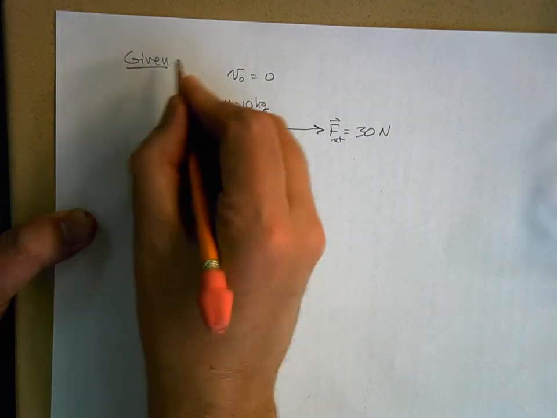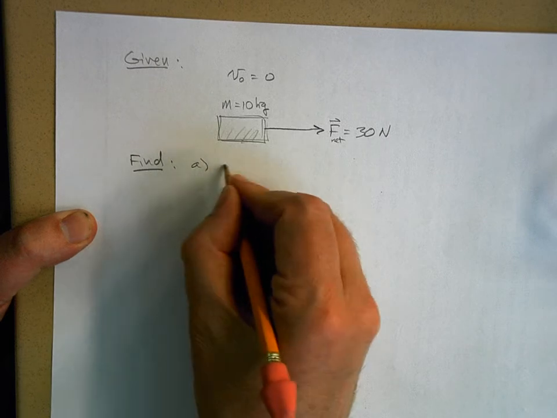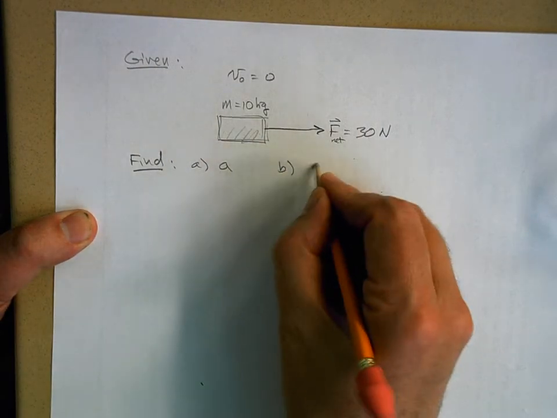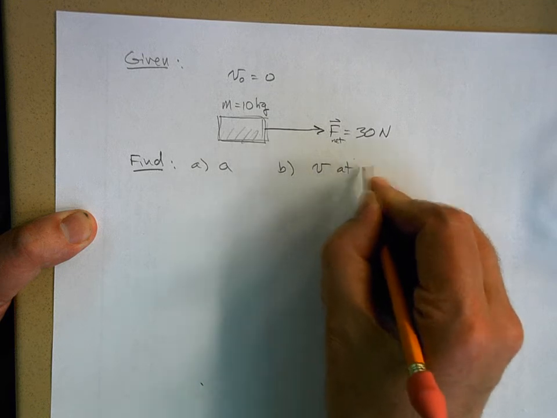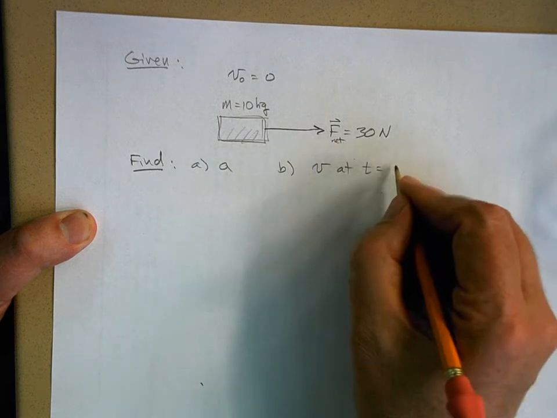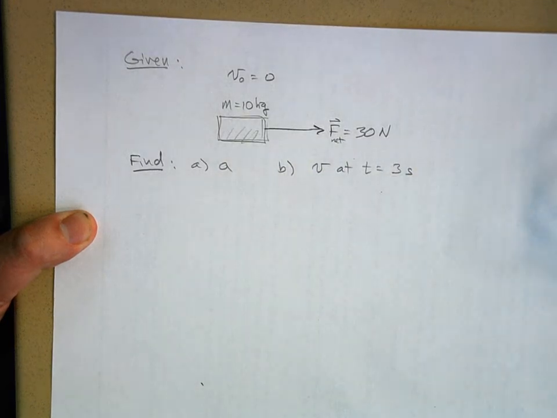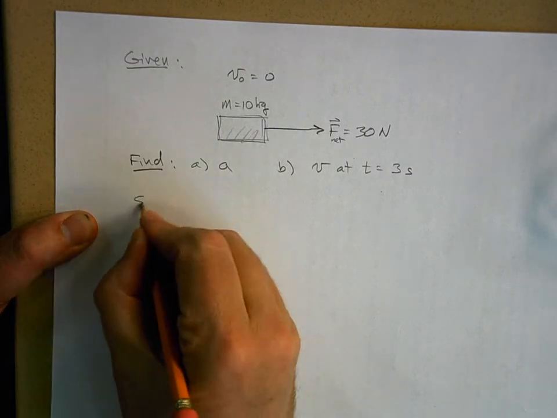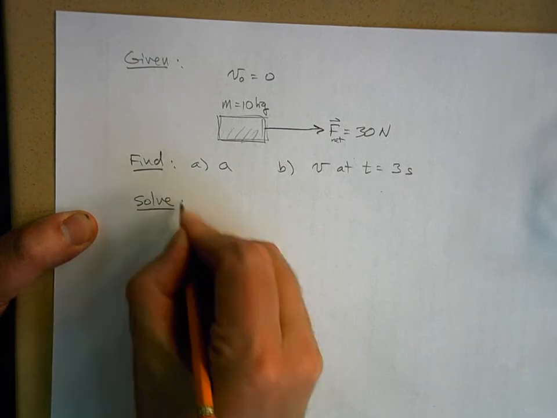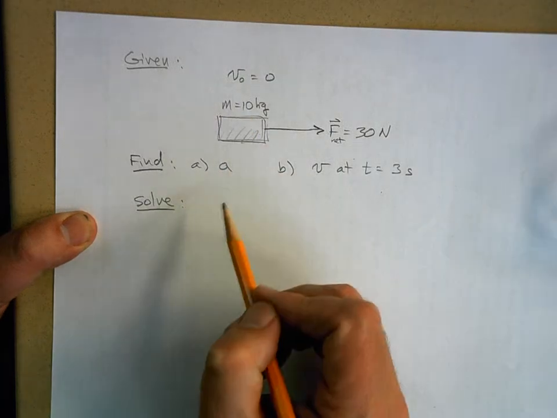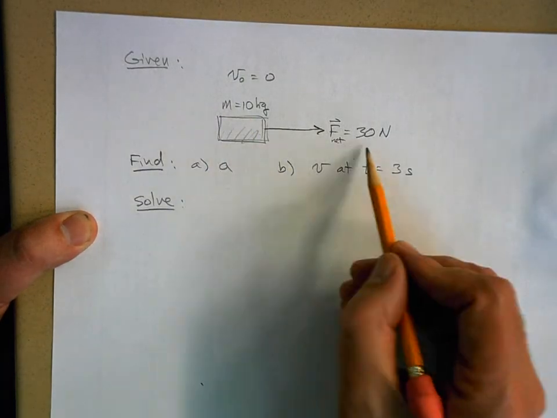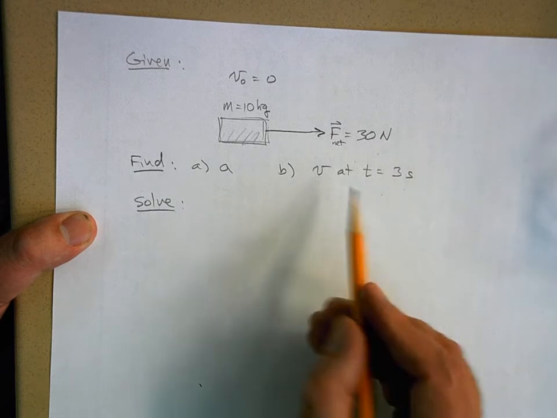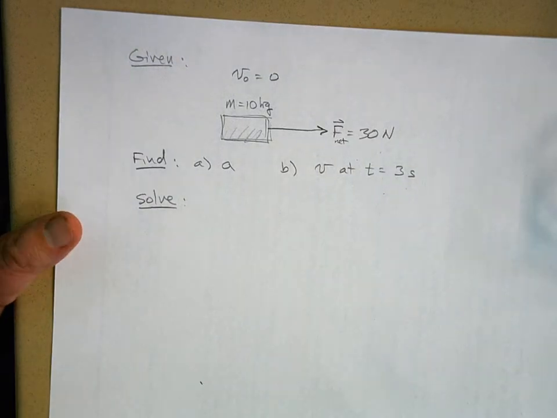Let's find A, the acceleration, and B, the final velocity at t equals 3 seconds. Let's do this problem. So again, I have an object at rest with a mass of 10 kilograms. I'm going to pull on it with a force of 30 newtons for 3 seconds, and I want to know, what is the final velocity? Well,